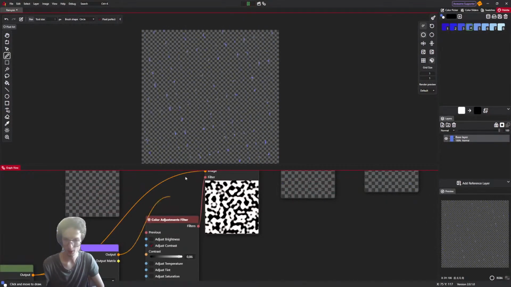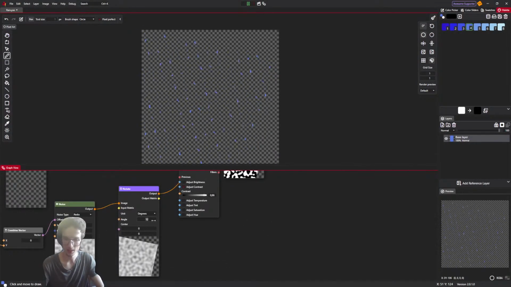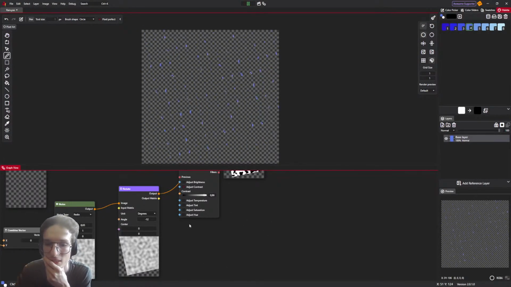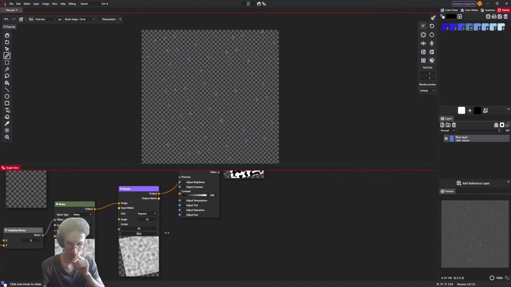Okay, I don't know if it's gonna work. Minus 12. Okay, there is a problem. It cuts off the whole image. Maybe center. Okay. I mean, it's not bad.